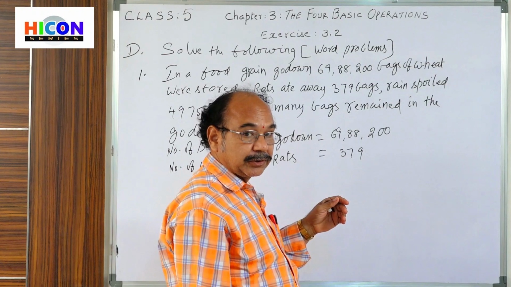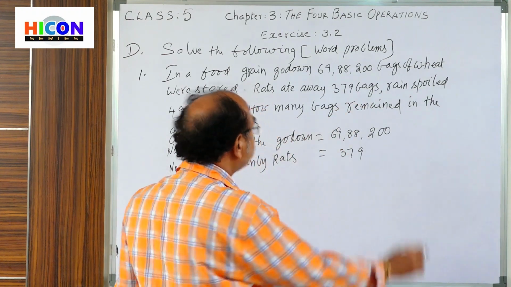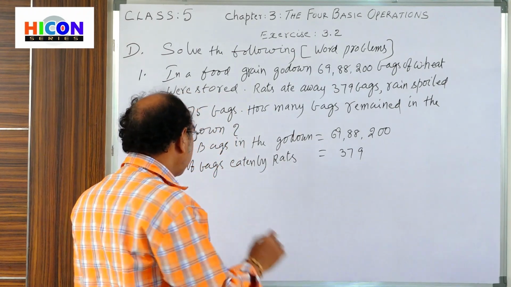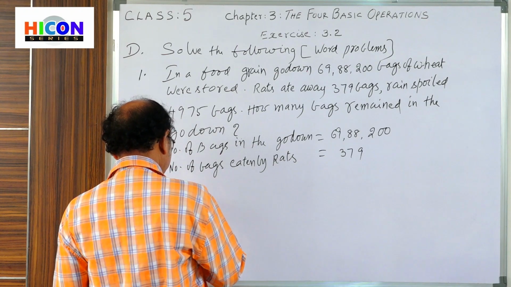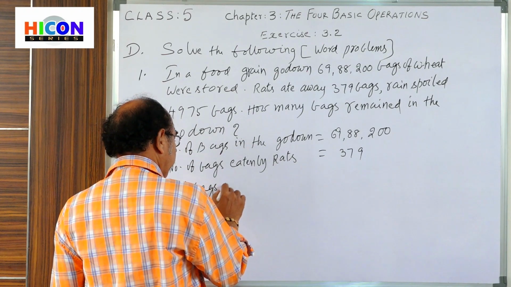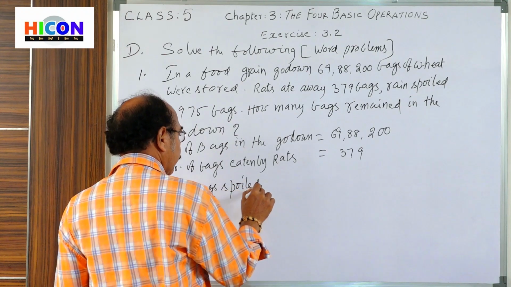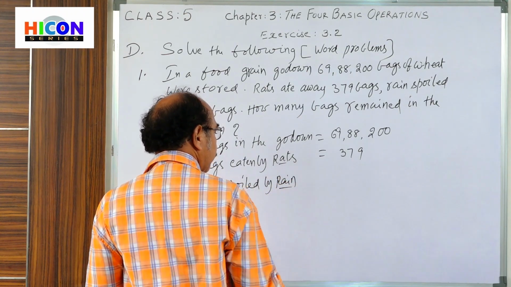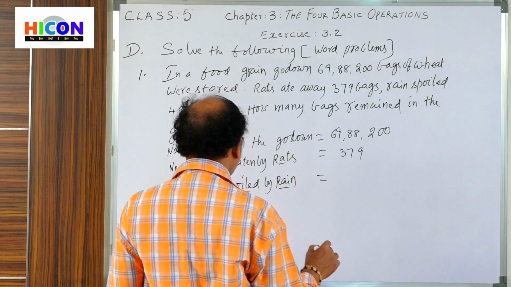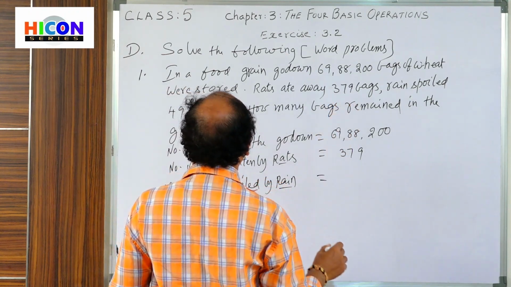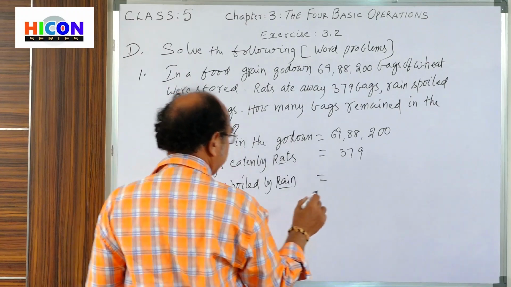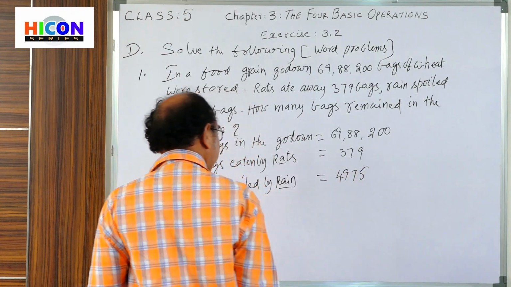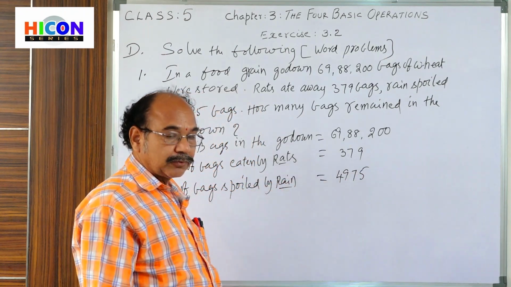Next, due to rains, how many bags were spoiled? Rain spoiled 4,975 bags. So, number of bags spoiled by rain: 4,975. Now, by adding these two,